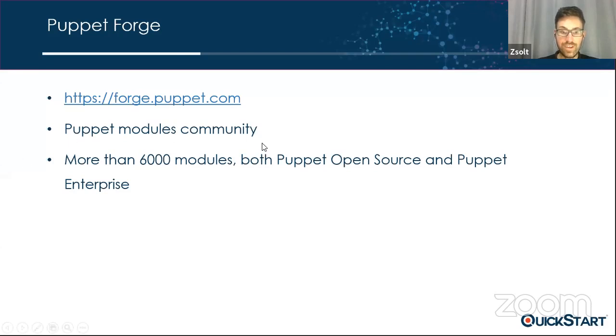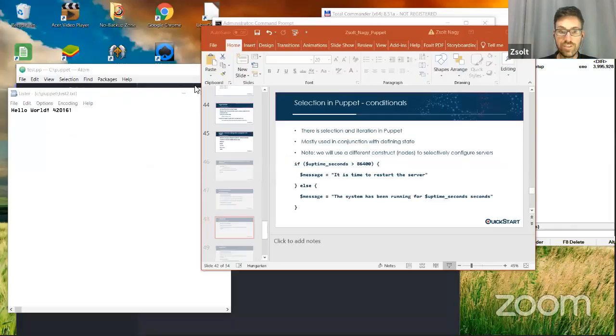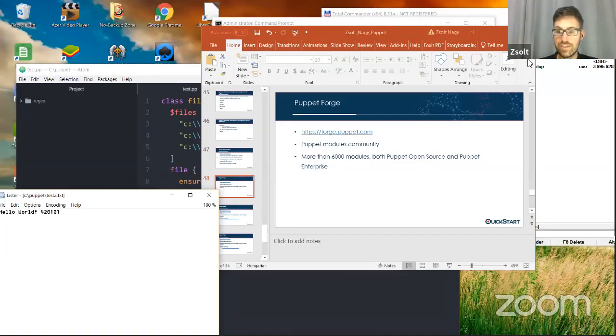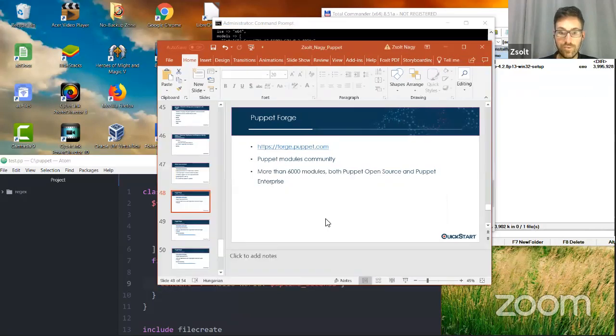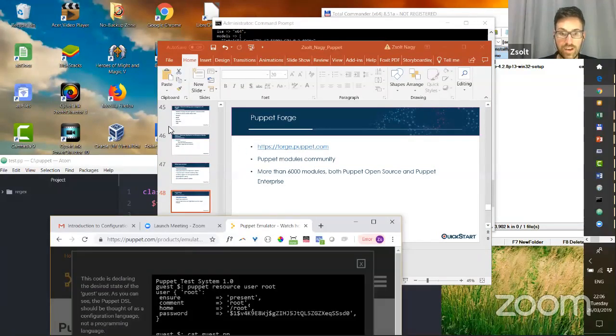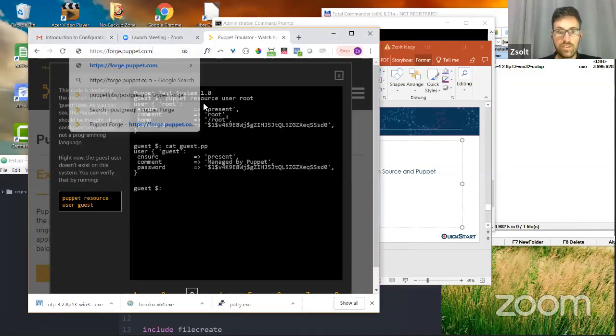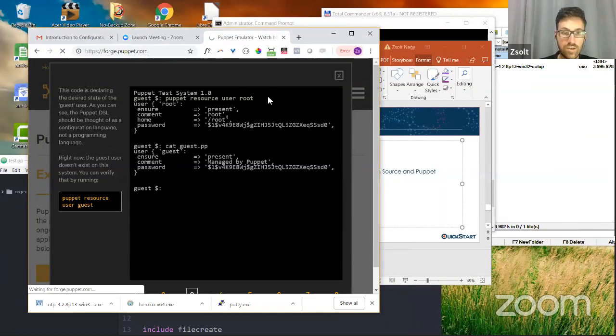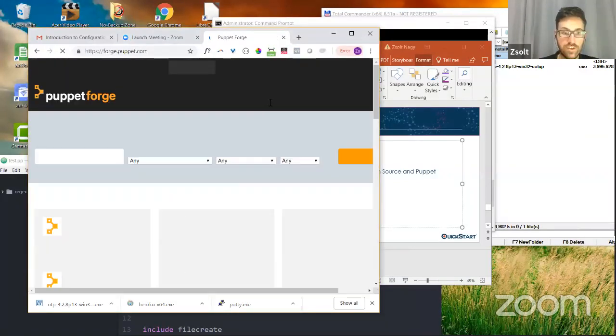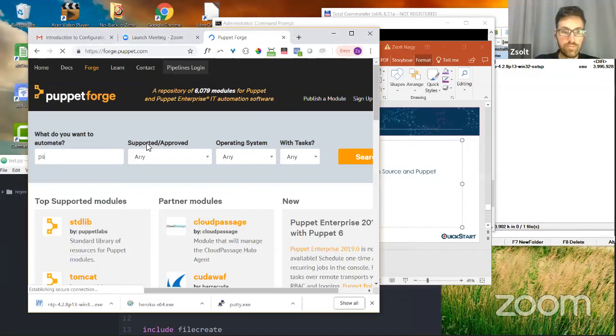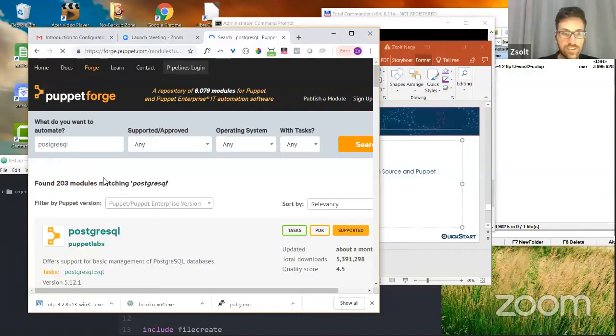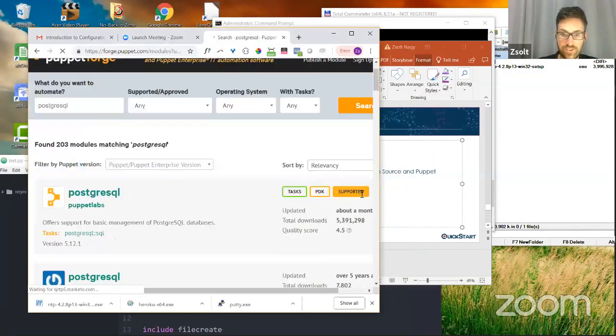So for example, if you wanted to research what MySQL, PostgreSQL, or anything along those lines are, you go to forge.puppet.com, and in there, let's say you write postgresql, for instance, search, and there it is, PostgreSQL supported.